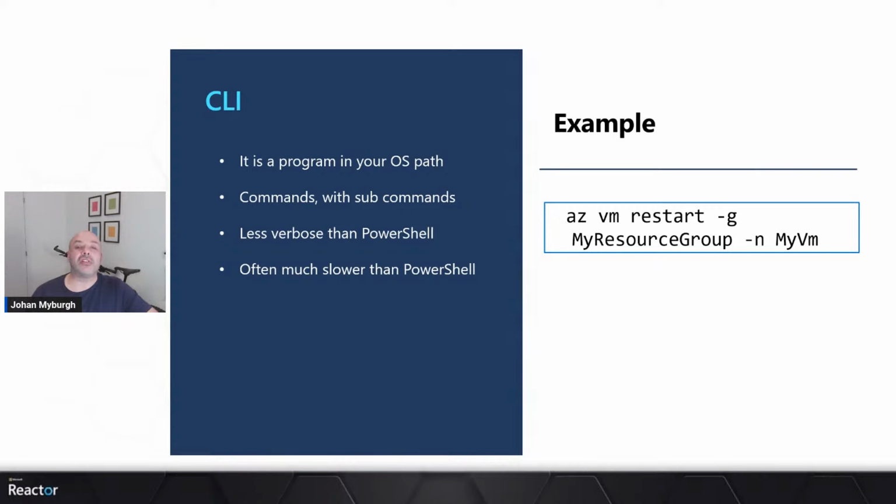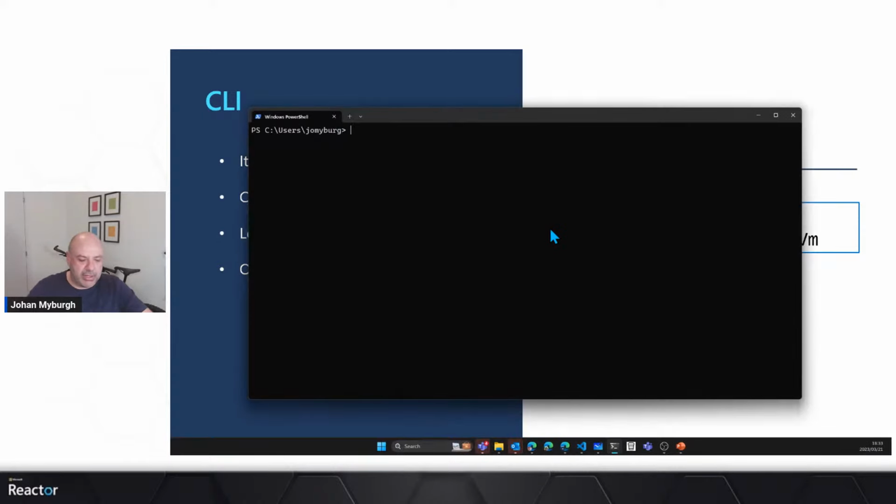PowerShell is still the fastest way of interacting with the environment, right? And you can go and measure this out. It's pretty quick. The CLI tends to take a little bit longer to execute and actually interact with the environment. There's a pretty good example there of restarting a virtual machine, but if I go back to my environment here,